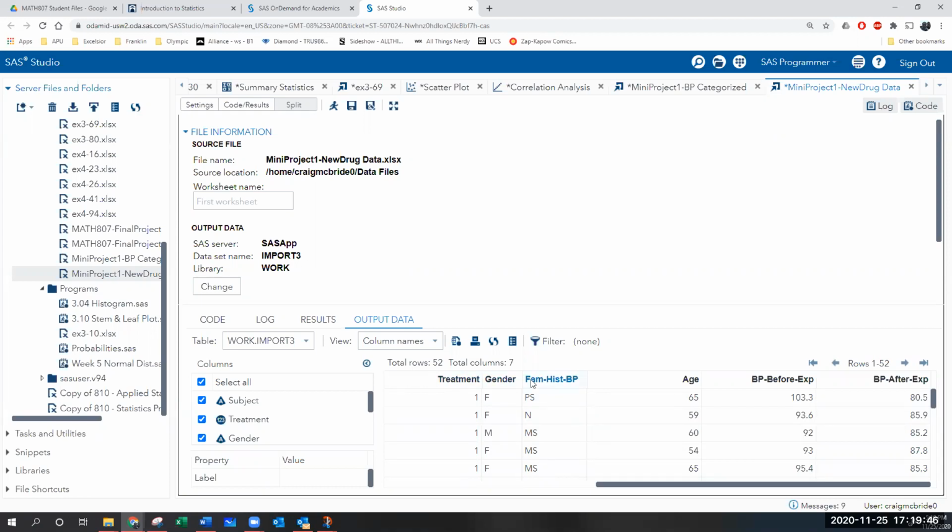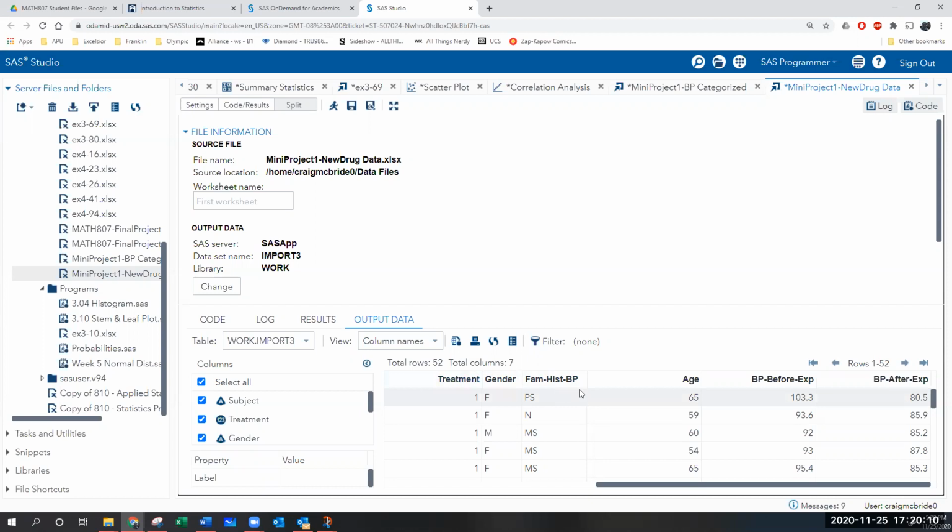So when you're doing those cross tabulations, you have to do it with these variables. You could do treatment versus gender, treatment versus family history, or gender versus family history. There's only 3 different cross tabulations you could do, right? Because if you have to choose 2 of the 3, you can only leave out 1. So you only have 3 choices for which one you can leave out.